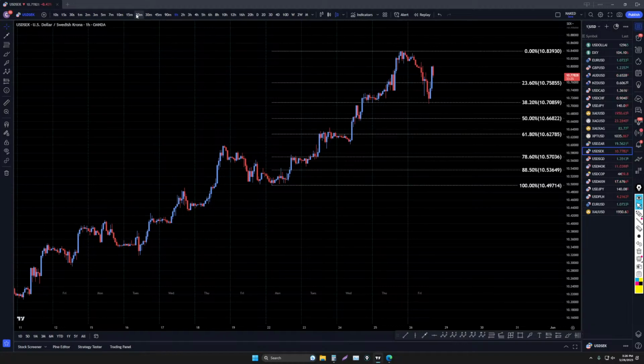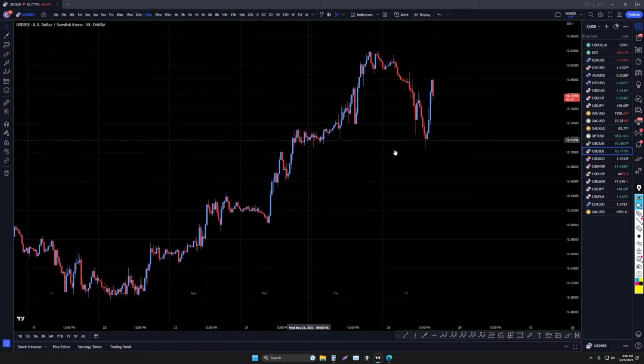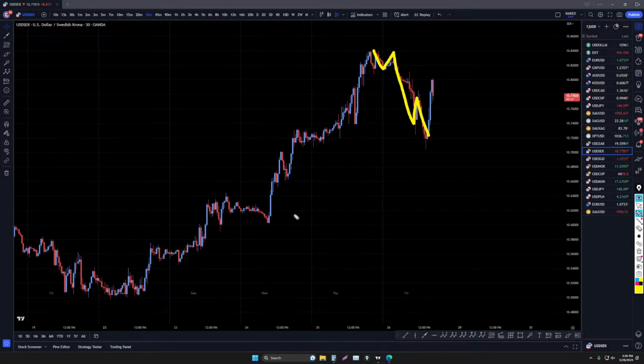Yeah, I would. It might be a good idea to be long on that, honestly. Even the dollar index did it, but we still have what looks like a trend down. Unless that's a motive wave correction, which it probably is at this point, then it probably is going to keep going up.